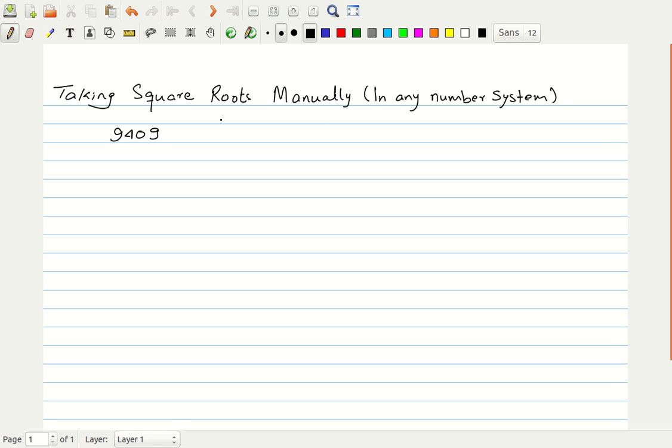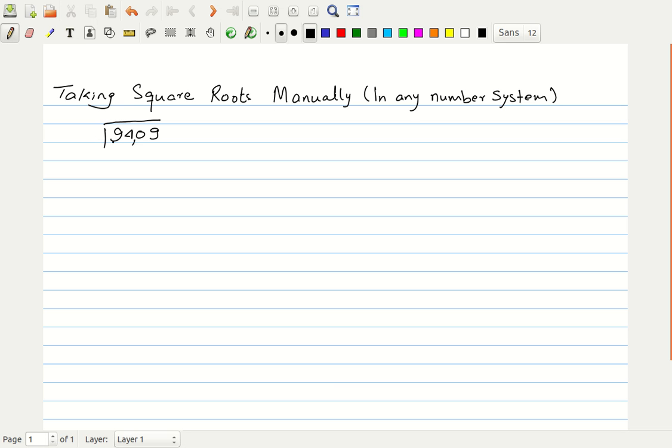So before we talk about how to find square roots manually in any base, let us first review the method of finding the square roots in the base of 10, like normal decimal system or ordinary scale. Now suppose we have this number 9409, and we want to take the square root of this number. So we proceed from the behind and we put it in the groups of 2. So it is 09, 94, and we put a comma here,